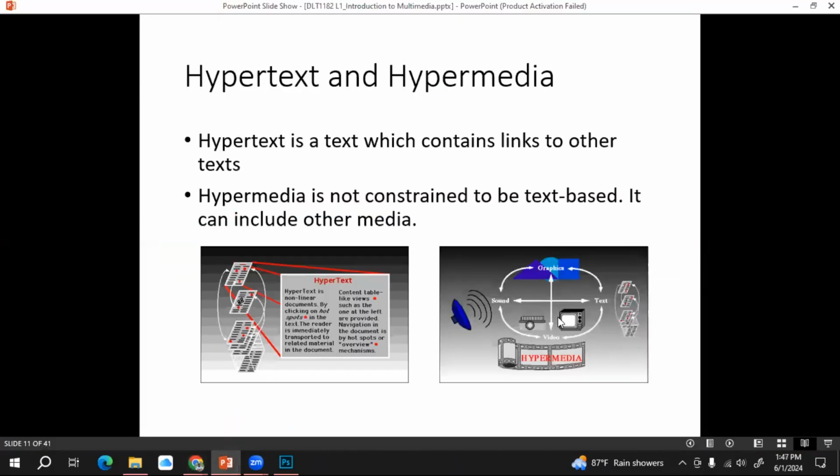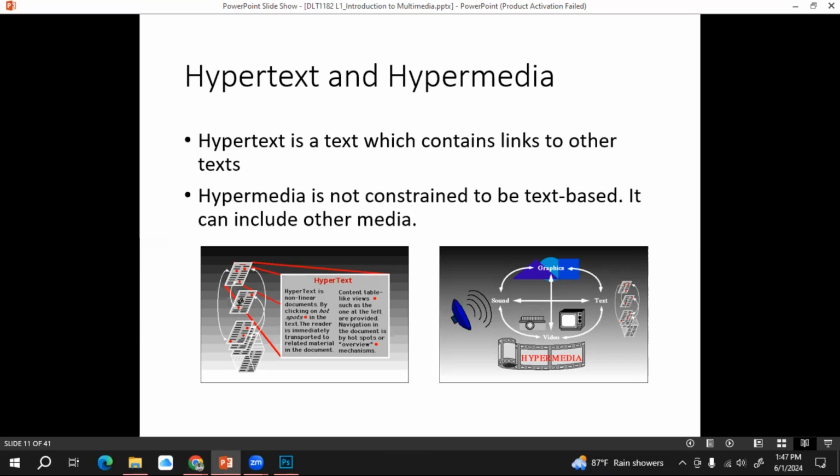Then hypermedia. Hypermedia is a combination of all types of media, right? Not constrained to be text-based. It can include all types of media, right?